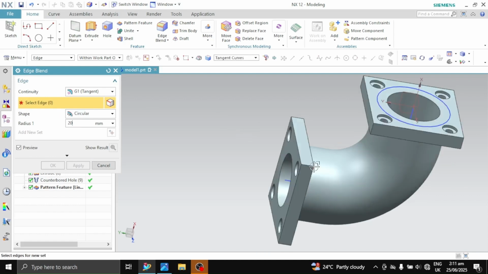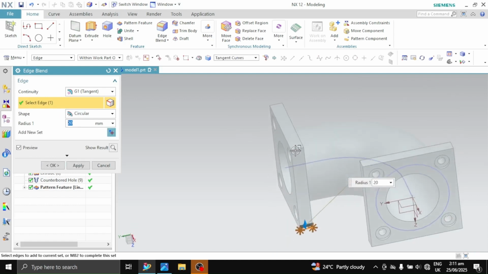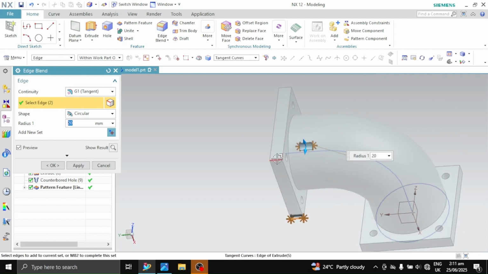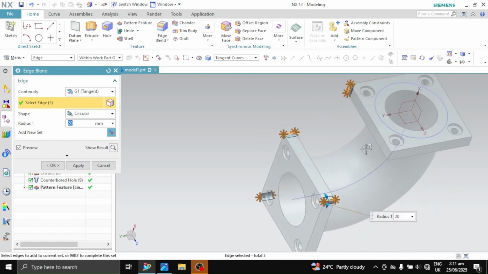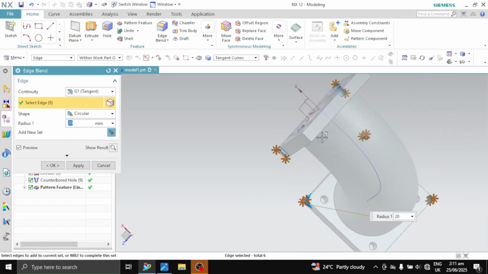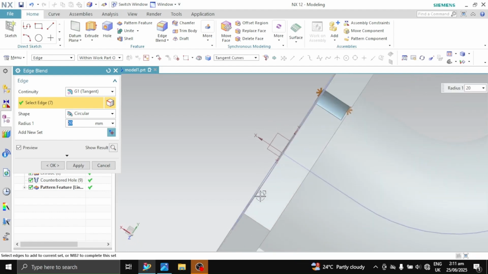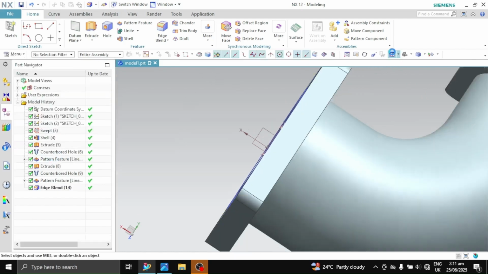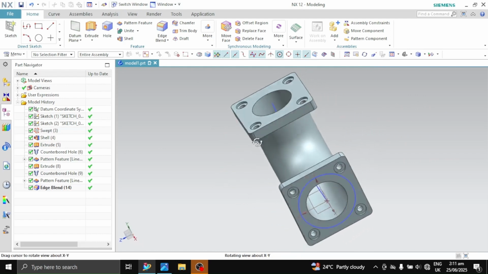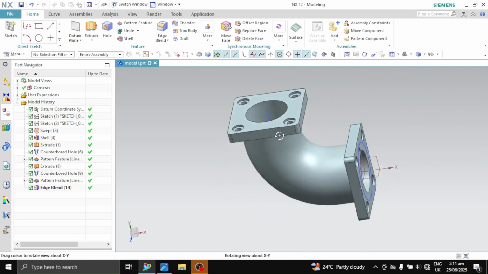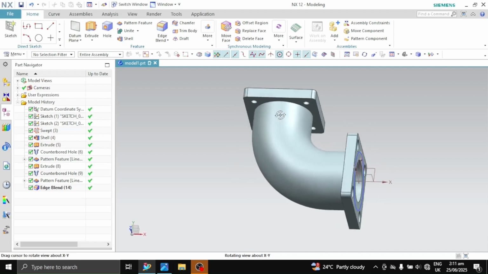Select these edges. And click OK. Now we fit. And this is what we have over here.